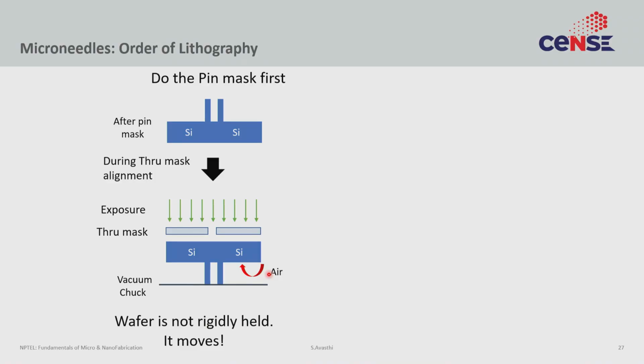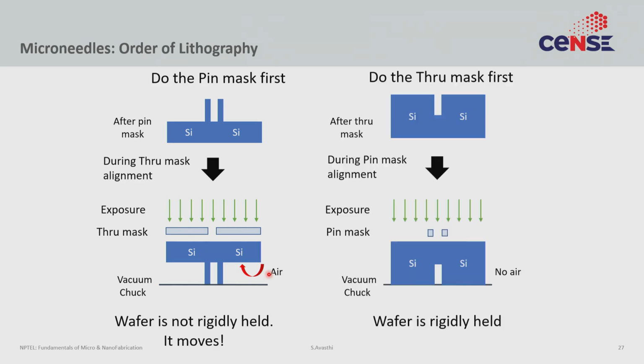So what do we do? Well, we realized that the issue is that the second process cannot be done after the first. So all we had to do was just switch the process. So we did the through mask first, and then when we turn the wafer upside down, now we don't have these needle type thingies on the bottom, right? We still have holes, but by and large we still have a flat surface of silicon. So now that silicon surface is held tightly on the vacuum chuck. When you do the second alignment, the wafer doesn't move around, and the misalignment doesn't occur.